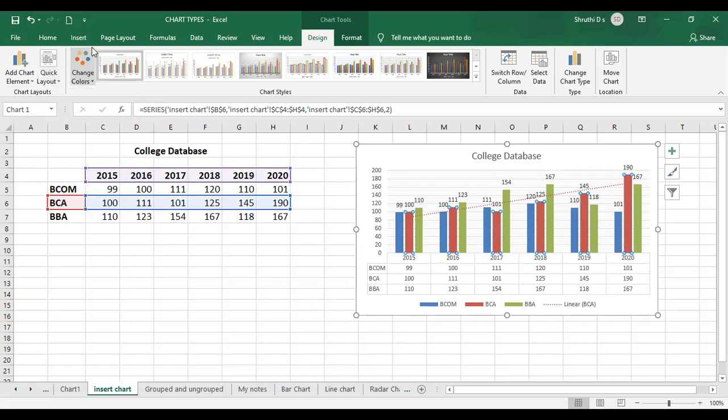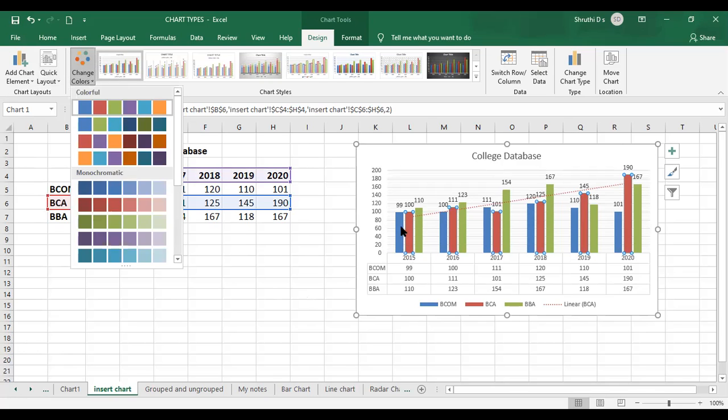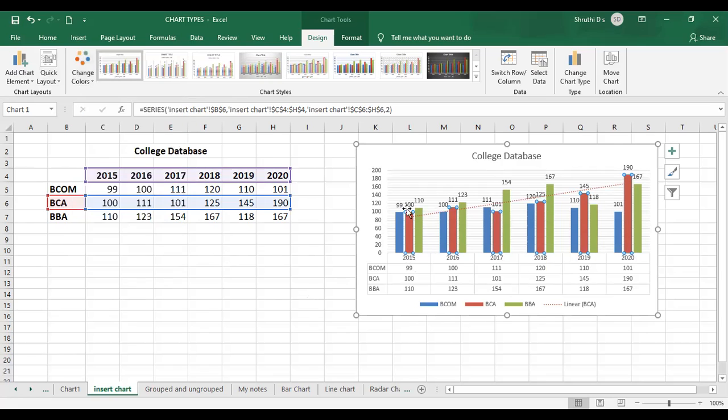Coming to change colors, this is about the bars you have. Now I have three of them, right? We have three bars for each year. Here my years are represented on the x-axis, and my rows are represented with the y-axis, so my y-axis details are only three.